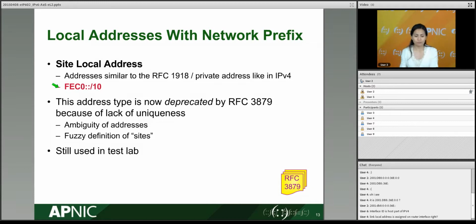FEC0/10. Now, there's a reason this is already deprecated. With site local address, we're defining the word site, and we will have IP addressing only for that site. This IP address, since it's a local address, can be repeated in other networks. But the problem is, how do you define the size or the range of your site? Because of that ambiguity, that fuzzy definition of the word site,